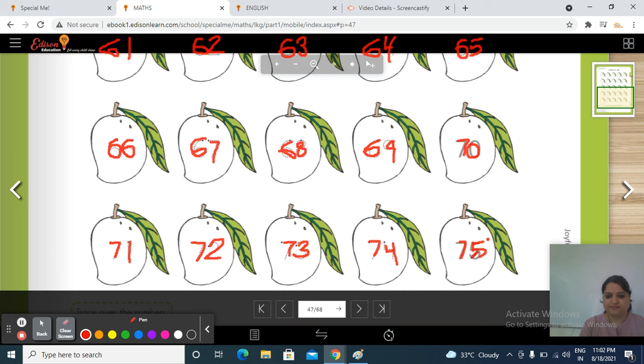Okay, so in this way you have to do this work. You have to count the mangoes.